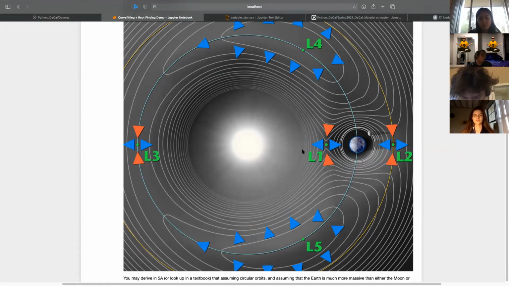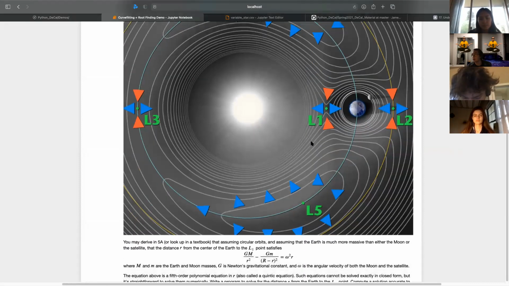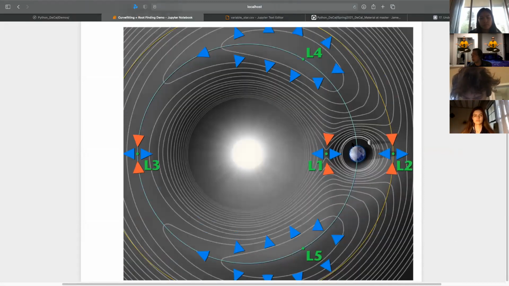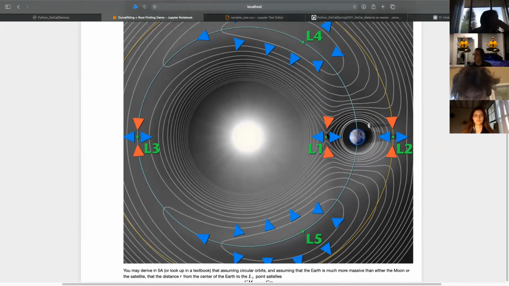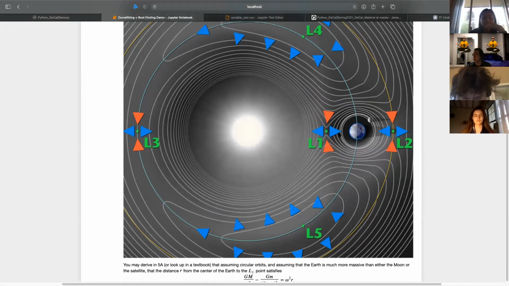So it could be pretty useful to find where those Lagrange points are relative to Earth, right? Figure out how far away they are. And this is a nice diagram, kind of like space-time, I guess you'd say, showing the fabric and where those Lagrange points lie. So let's find the distance to this L1 point. I think this would be a useful exercise and a good problem.